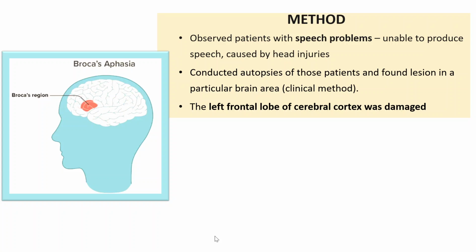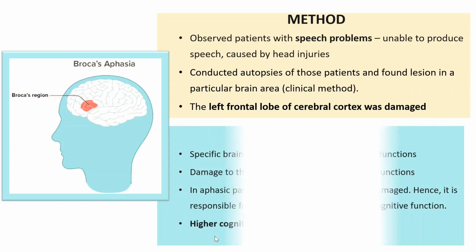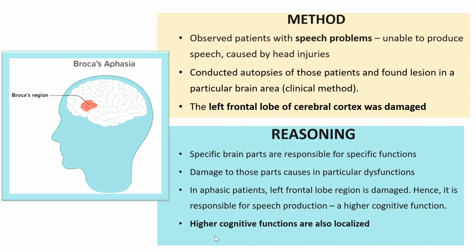Okay, this was the clinical method. This is after the patient was confirmed as having a certain problem, diagnosed with a certain problem. He was dead, and then an autopsy on him was done, and his brain parts were observed, and he found out that the left frontal lobe of the cortex was damaged, and this led him to a certain line of reasoning, and that reasoning was that specific